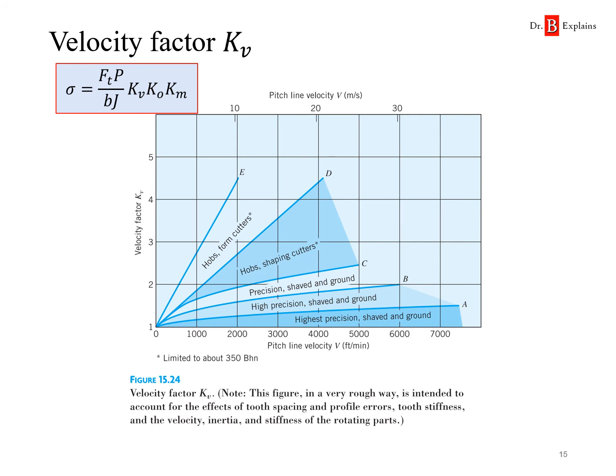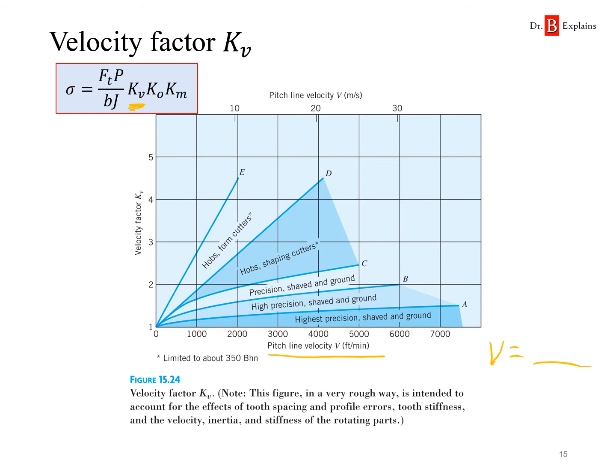Next is the velocity factor KV. So KV is going to depend on the pitch line velocity. Remember, we have the equation for the pitch line velocity. So you would compute that for the gear that you're analyzing. And then depending on the